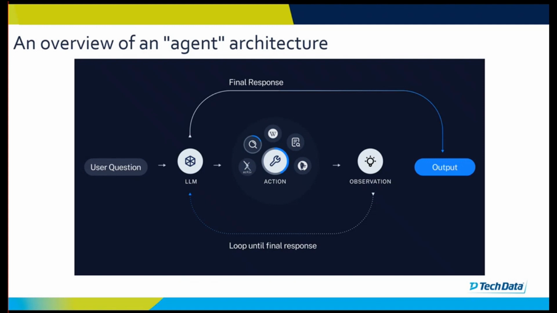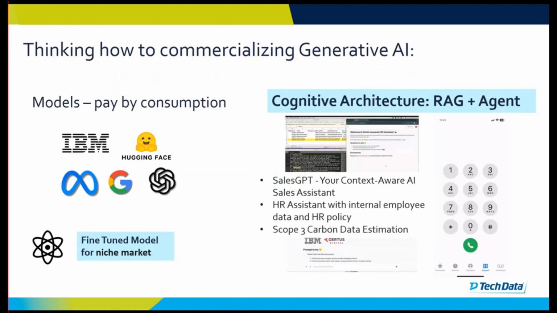And within Tech Data, we did have 3 demos we developed under this concept of cognitive architecture. One is this Sales GPT. Basically, you have your large language model and you feed it the tool of web search, the knowledge of your product offering, the knowledge of how to do sales, and also who it will play. So the Sales GPT, with that information, will engage with customers to introduce your product.